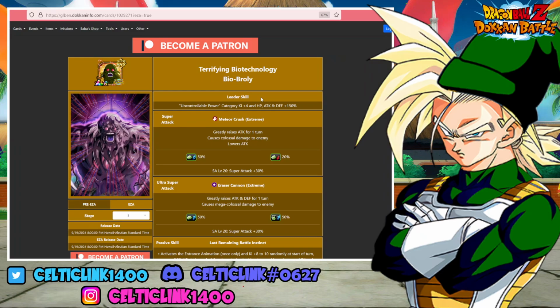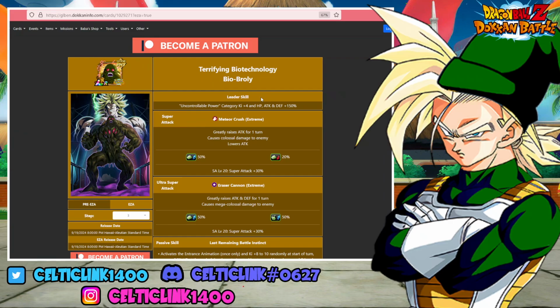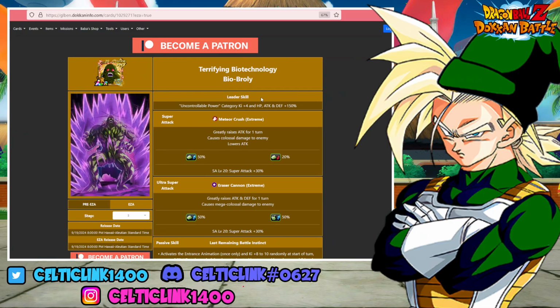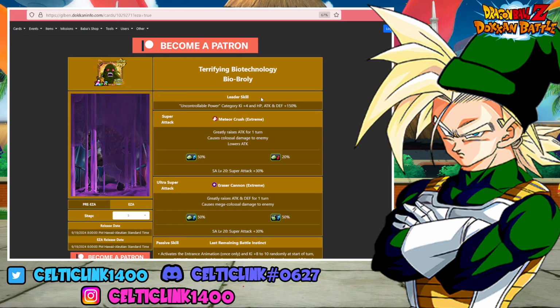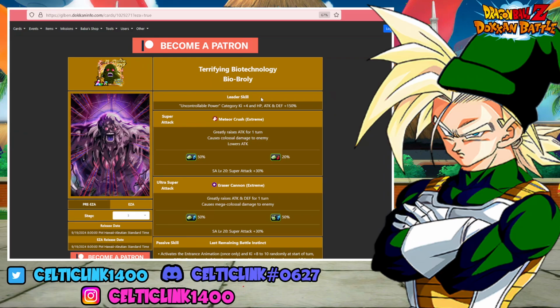his 12 key is greatly raising attack for the turn, while also lowering the enemy's attack. So in most cases, it's obviously best to go for his 18 key. However, if you're in a fight where you need to attack lower, then the 12 key might be very, very